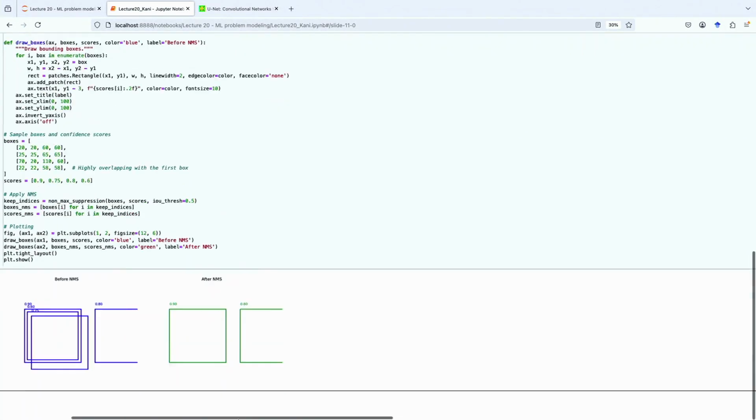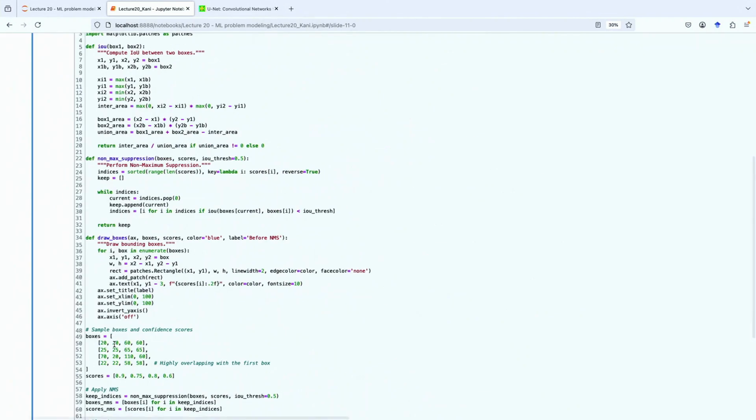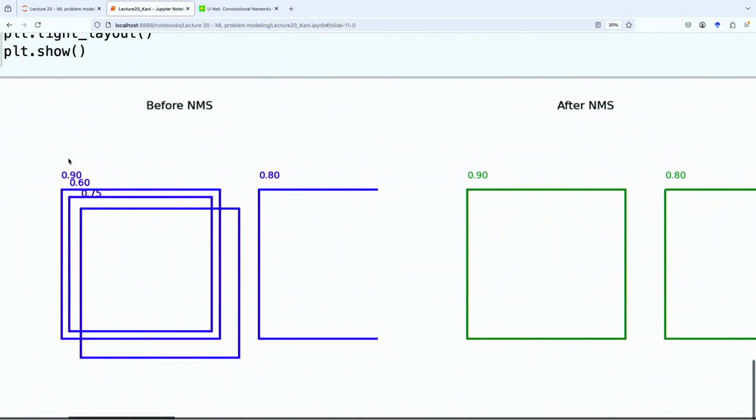In another way, just to visualize that, this is some code to visualize it. You have a bounding box, you have some of them that are overlapping, and some of them that are not overlapping. You just look to see which ones have the highest confidence score. So right here, this bounding box out here has the highest confidence score. Then you just get rid of the rest of the bounding boxes that overlap with it. And if the bounding boxes are not overlapping, then you just let them go as well.